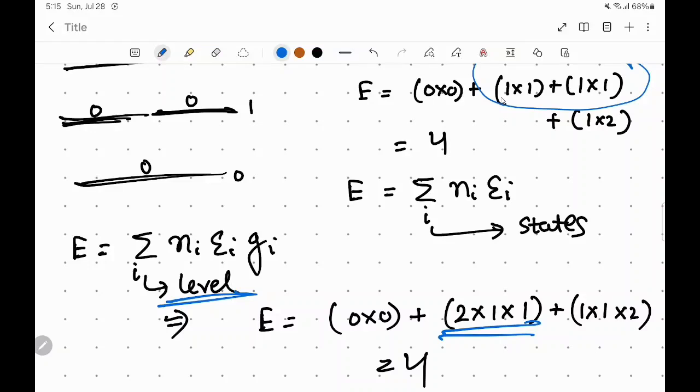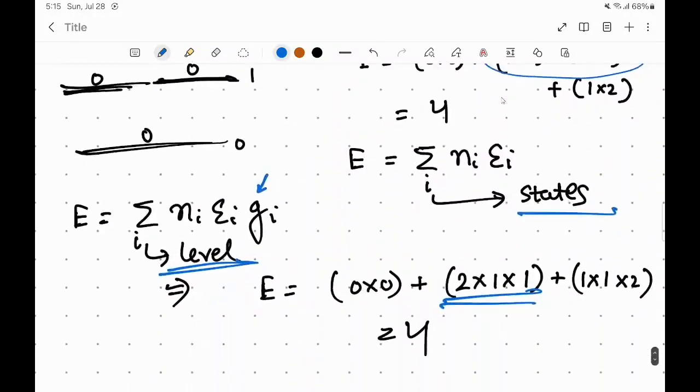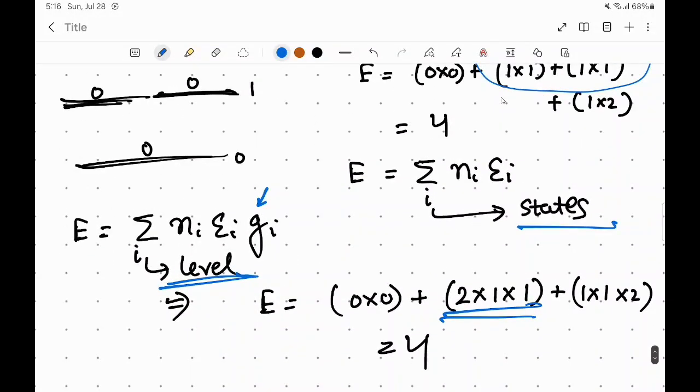So when it is summed over levels, it will obviously be written as level. If nothing is written as level, you have to consider the states. Or you can tell by the presence of g: if there is g, obviously they are considering the summation over the levels, not over the states. If there is a restriction that no two particles can stay in the same level, then